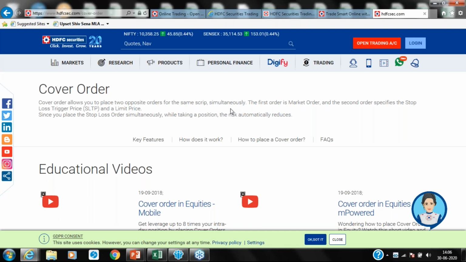This is one of the major benefits of a cover order. The amount of margin we provide depends on the stock, and also on how volatile the market is. But generally, it can be as high as 30 times or 40 times. So let's suppose you have 1,000 rupees in your account, you can buy up to 30,000 rupees worth of stock for intraday using the cover order facility. Now again, this depends on a lot of factors.